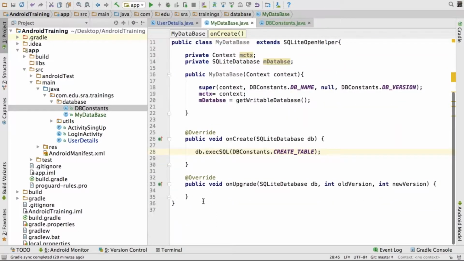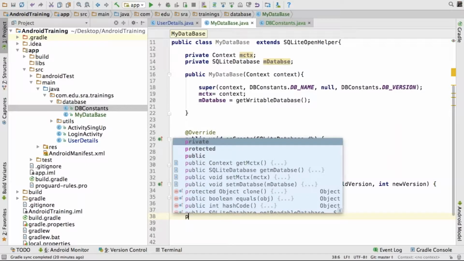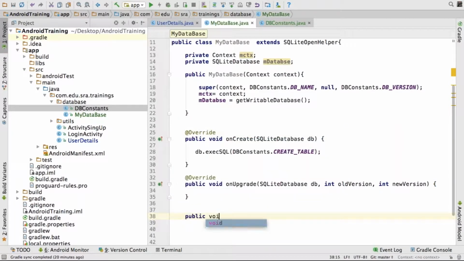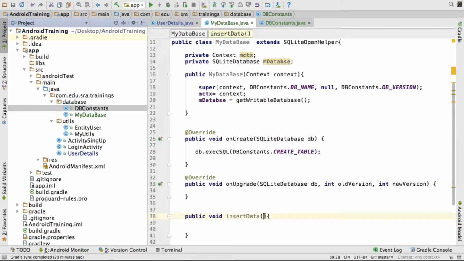Now what I need to do here, public void save data, or otherwise insert data. To insert data, I need to pass the user entity. These details I need to store inside the database.